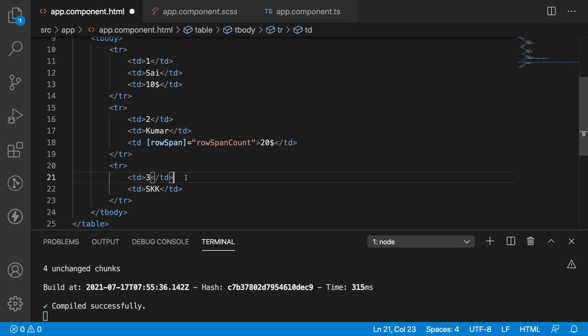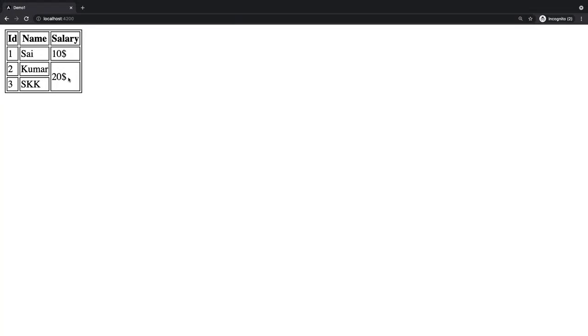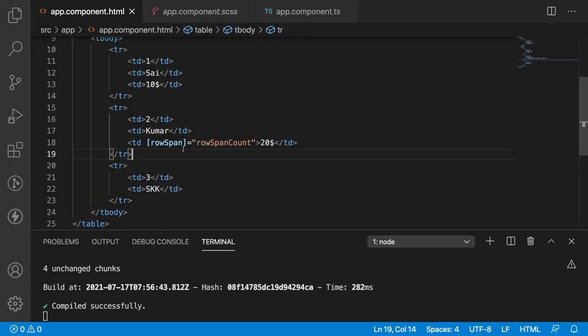By this we can understand every attribute is not treated as a property, and every property is not treated as an attribute. Let me save this and compile successfully. If you go back to the same output, let me reload, and there is no change in the output. So this is how we can use rowspan. That means we have an alternate property for rowspan compared to the attribute.